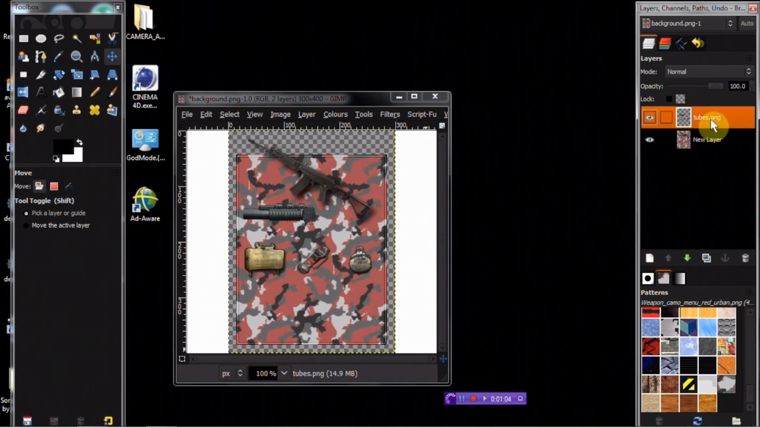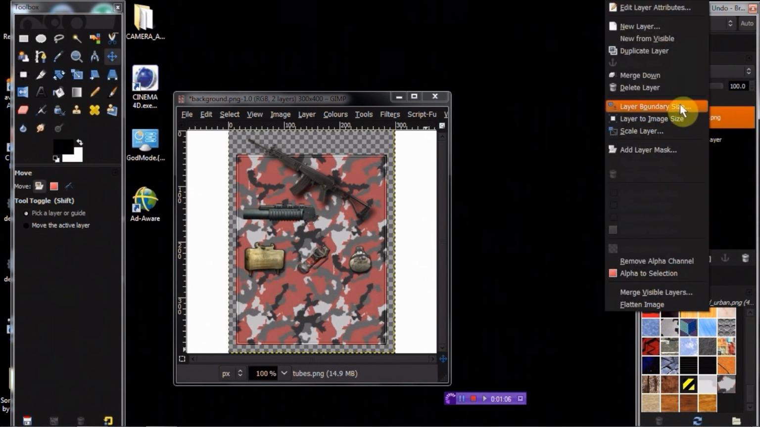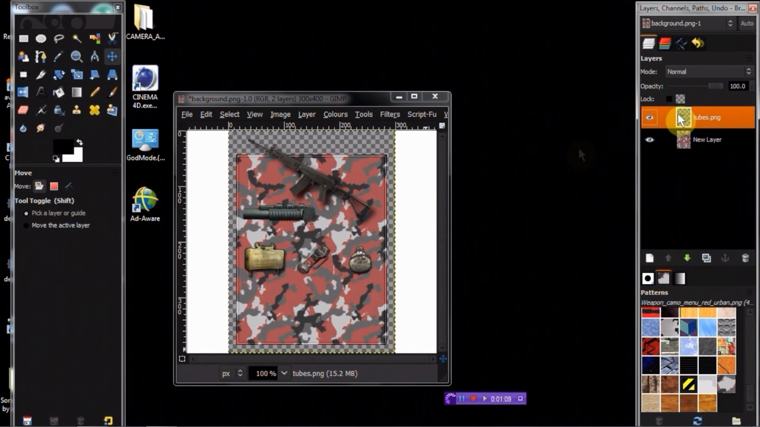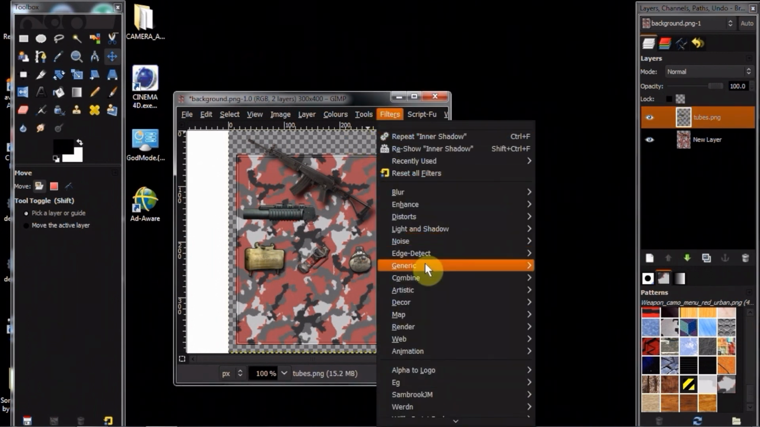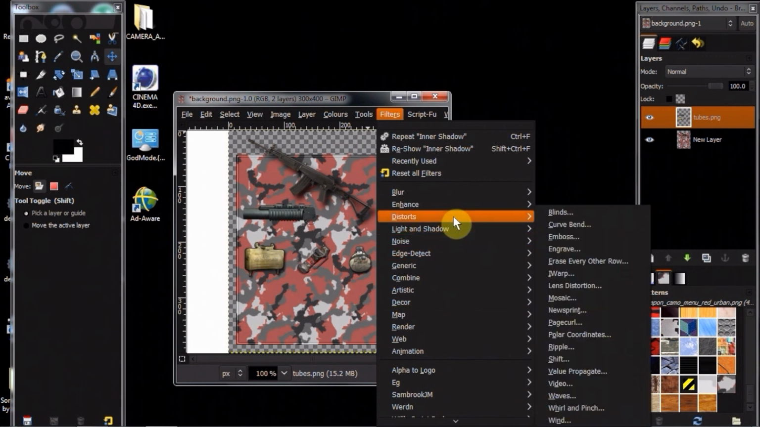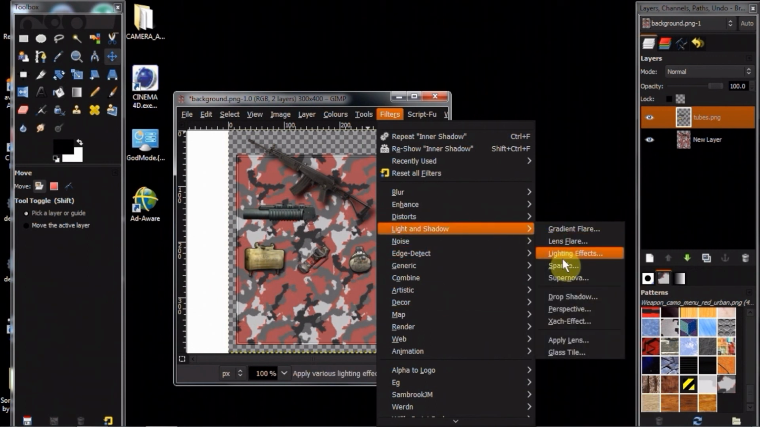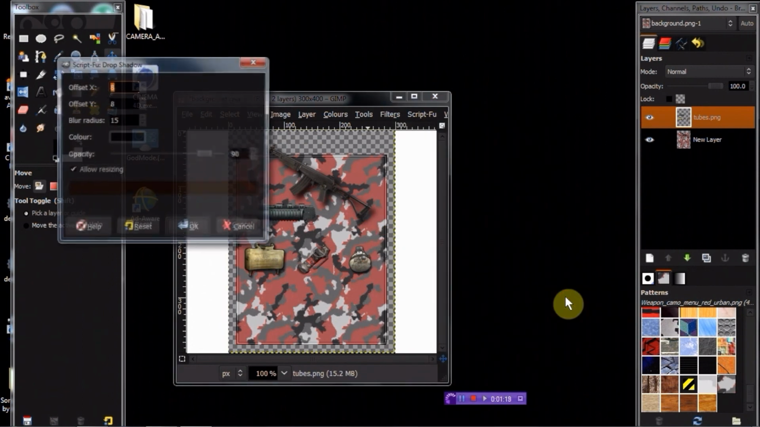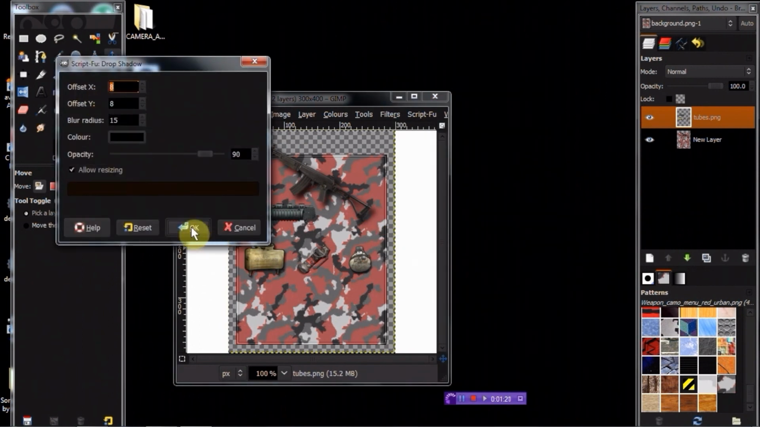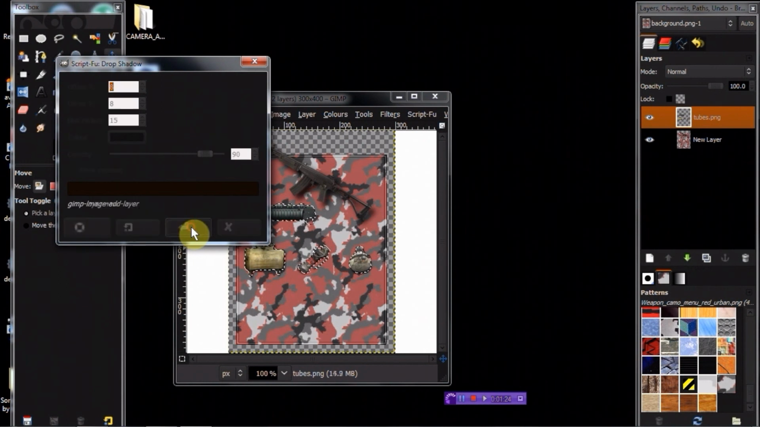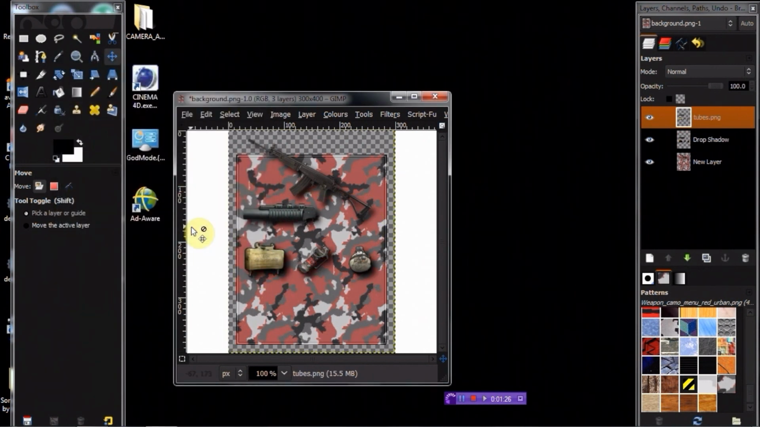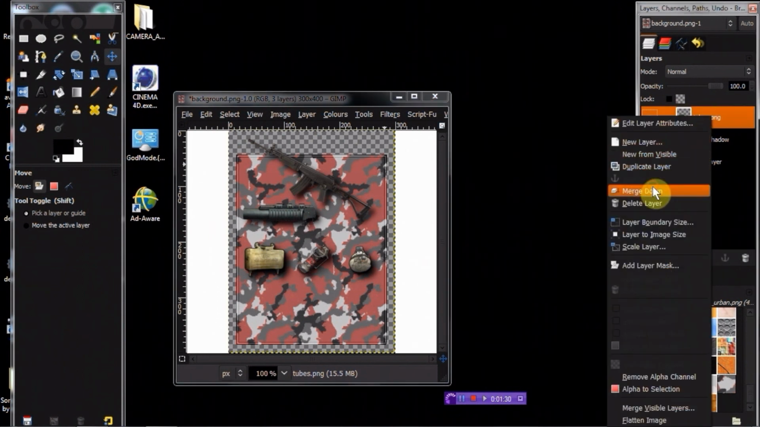And then layer to image size, which is already there. Right, go to filters and light and shadow, and we're going to drop shadow on the equipment, same as before, opacity on 90 and everything else default. And then we can merge down